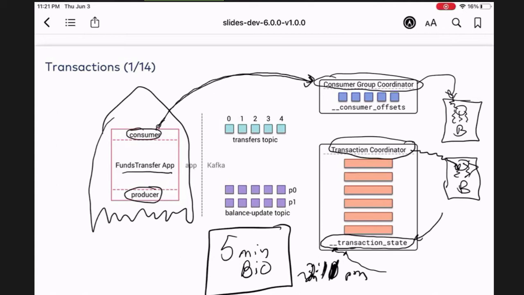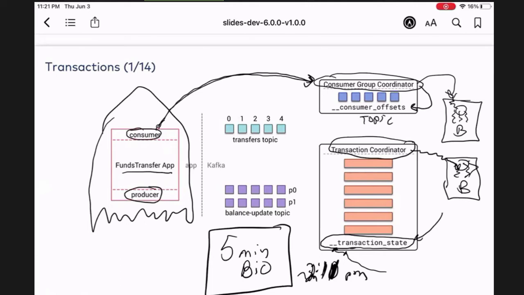And we note that consumers heartbeat to the group coordinator. The group coordinator manages writing the offsets to the special topic in Kafka, the consumer offsets topic. And this is just to begin with. This application now will need to transfer some money from one account to another, right? So it's a real financial transaction. And this is how the whole thing starts up.